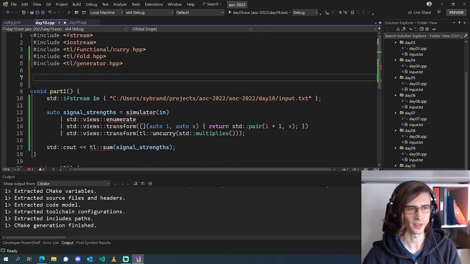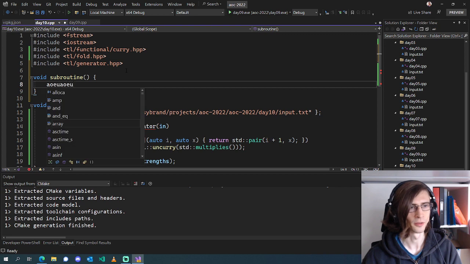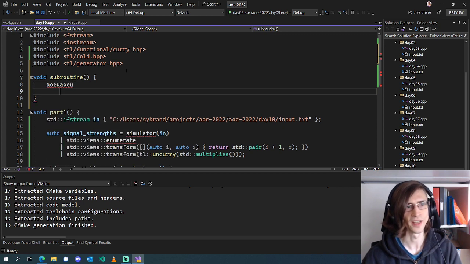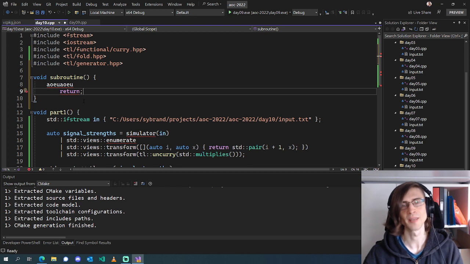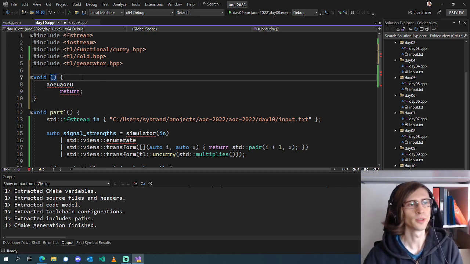So how coroutines work in C++20 is you customize them based on the return type. So what a coroutine is, basically, is a function which, so we've got a regular subroutine, right? You can have a bunch of code which is doing stuff, and then at some point you return. This could have multiple return statements, but essentially the subroutine is entered at some point and it's exited at some point. A coroutine, however,